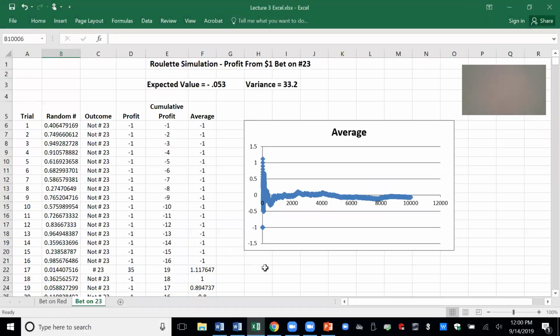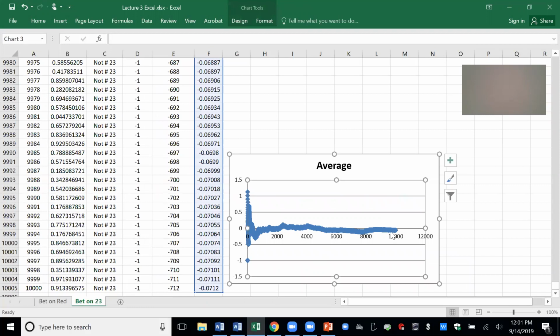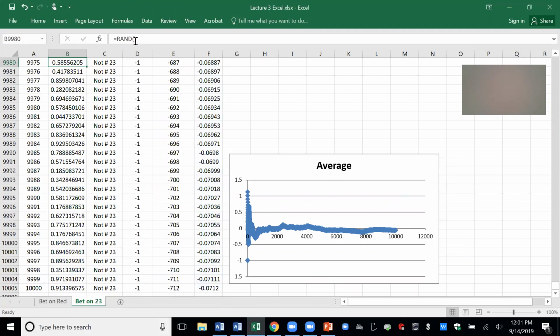Let me demonstrate this one. We have another simulation here. Notice that we don't flatline nearly as soon as we did with the first bet. That is because this random variable has much more variability than the first one. And this will be measured by something called the variance. So if we have something with a much higher variability, we're going to need more repetitions before the flatlining takes place. After 10,000 repetitions, we've lost 7 cents, well within the bounds of what we were predicting.